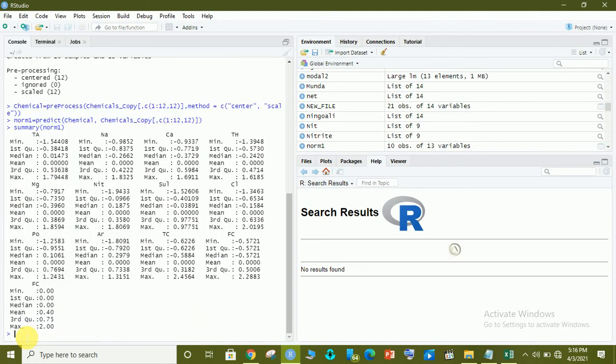When I click on it, you can see this is the normalization of the data, but this normalization of my data is on the basis of center and scale. So you can see there are also negative values in my data, and you can also see the maximum value is 2, there is 1.8, 1.8, 1.6. So I mean that if you want to